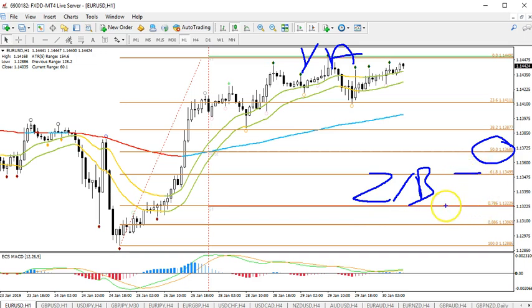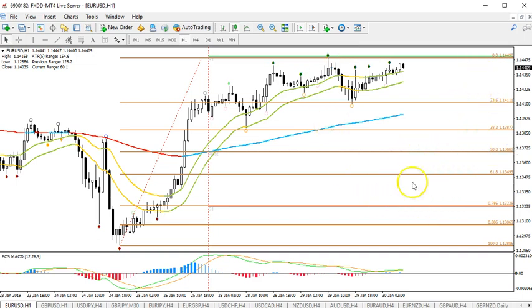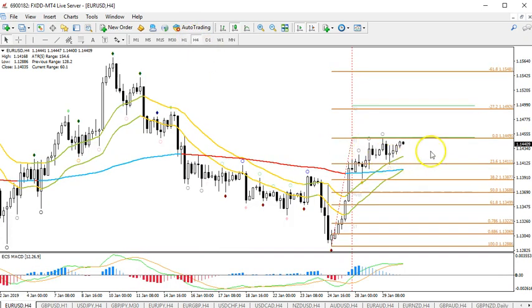Even if it is a wave 2, it can go as deep as the 78.6 fib at 113.25. Those are the levels that could be support for a move back to the upside. So if you see bullish candlestick patterns at these fibs, that could be a confirmation of a reversal back to the upside. In that case, the target could be 115, but I think it will go further than that,